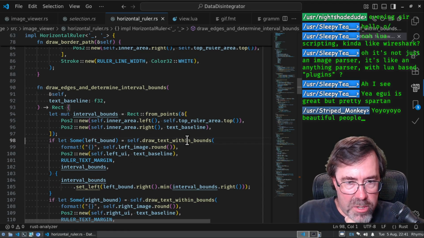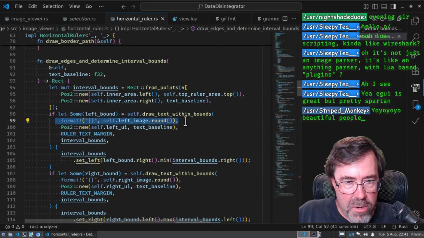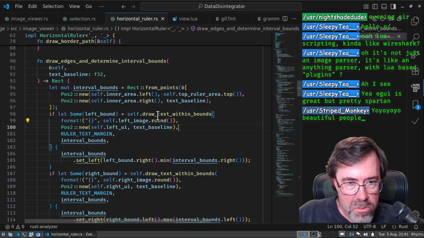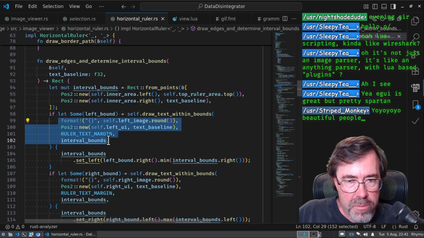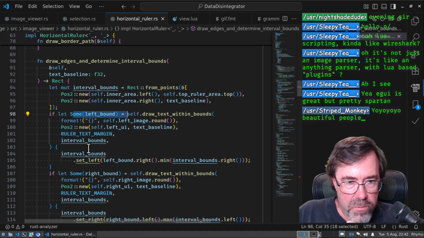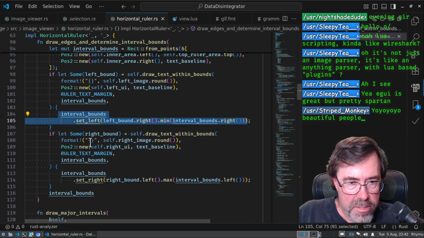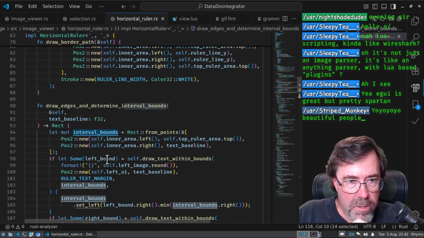So draw text within bounds. If we get a bound, then we're drawing it. So no, sorry. This is how to draw. This is arguments to draw text within bounds. If we get one, then we're adjusting the interval bounds to not draw over that. Same thing with the right, and then we return it. Okay, and then